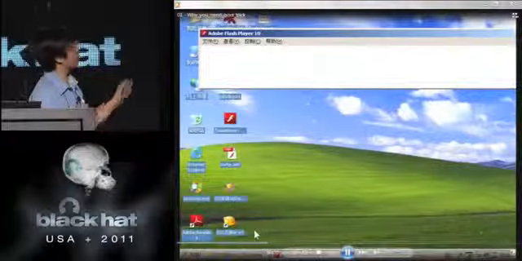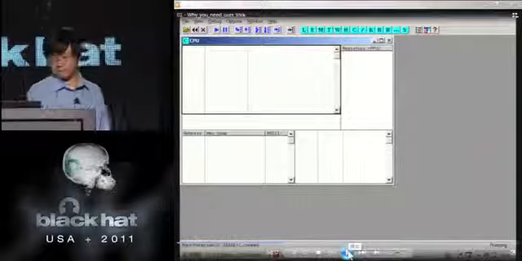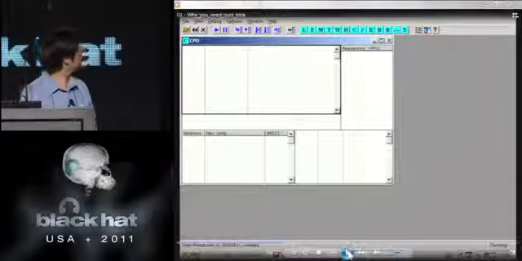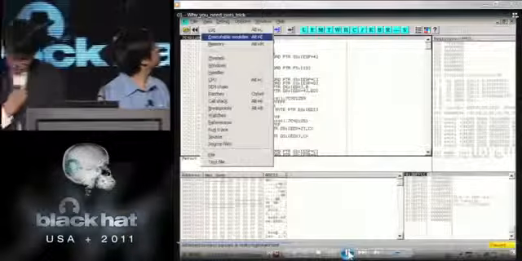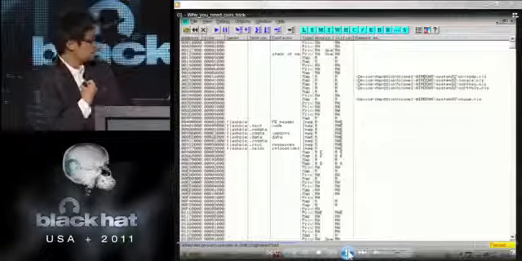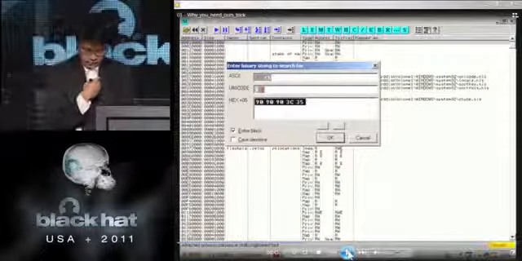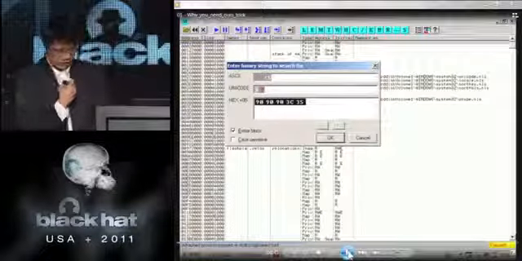This is the old way. Now we attach the process and find any XOR instruction in memory. 90-90-3C-35 is the spraying content.